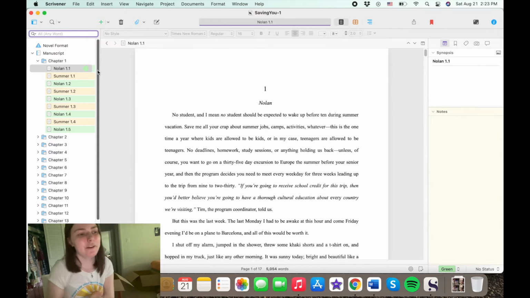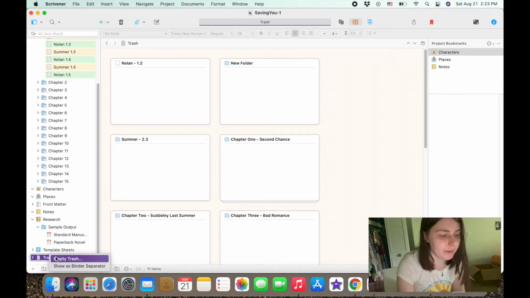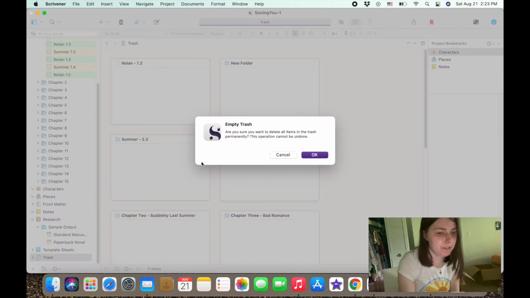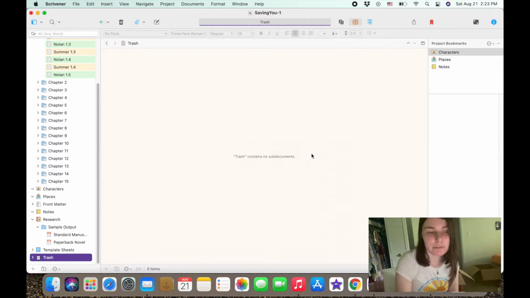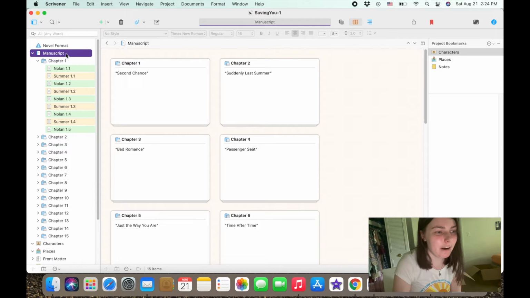Anyway, it will still search the ones in the trash folder. There is a way to empty the trash, so you can just go empty trash and it just deletes everything in the trash, just like that. But yeah, let's see what so